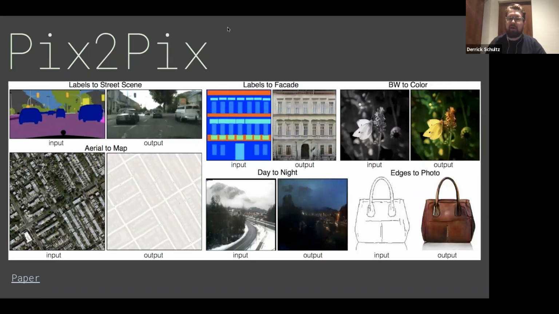So one of the things you'll see often is that black and white to color is really interesting to do. And it's pretty easy to do because what you do to generate this data set is you find a bunch of color images, you stick them in Photoshop and convert them to black and white, and now you have your pairs. You've got a black and white image and you've got a color image. So there's a lot of work done around converting old black and whites to color by training it with modern images. And there's a thing called Deoldify that someone is working on, which is trying to basically take old black and white photos and convert them to new color.